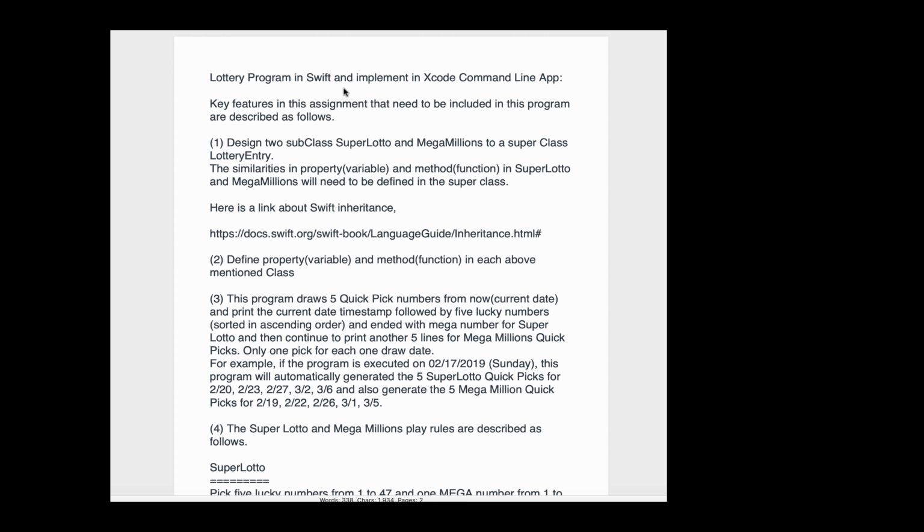Lottery program in Swift, implementing in Xcode command line. The key feature of this assignment is we want to use the Swift programming language and develop this lottery program in the command line. So it's not like in the iPad and the iPhone. And we hope to basically develop the basic logic which can be used for any kind of lottery program,